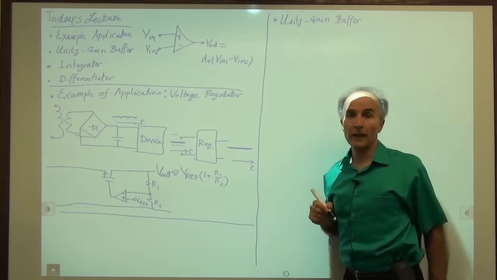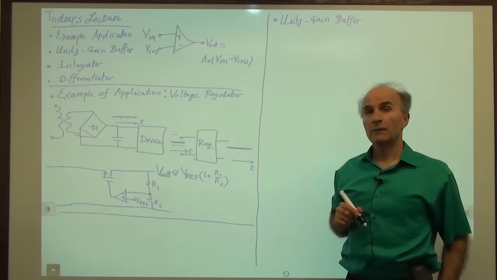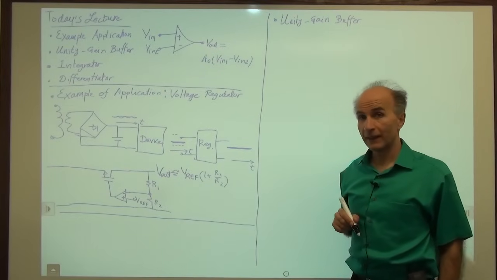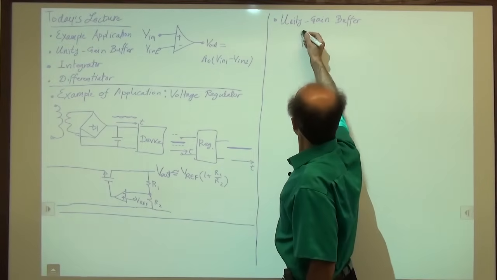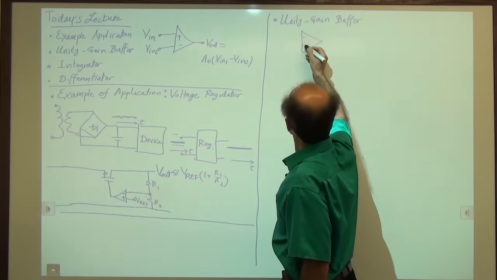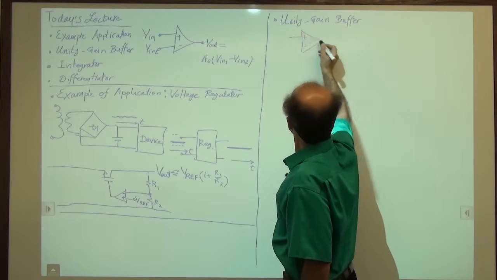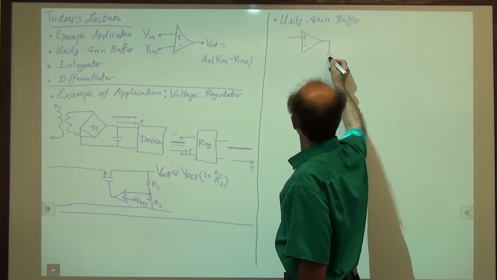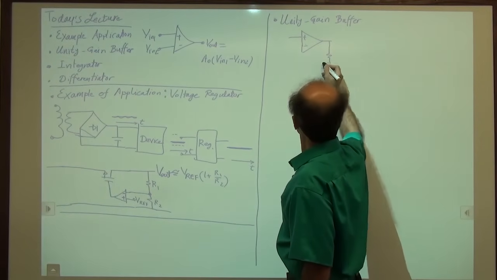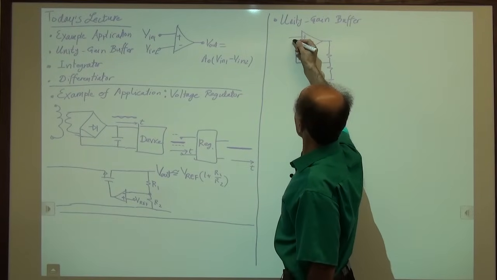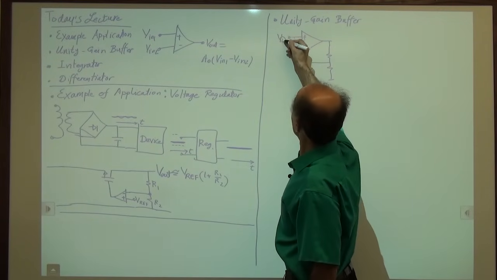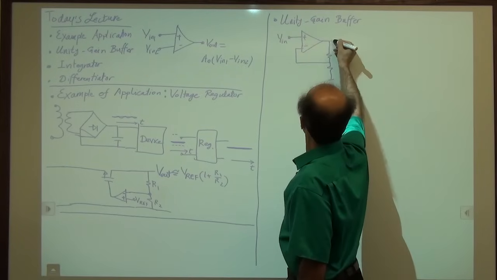Now, to build the circuit, I'm going to start with the first circuit we studied, namely the non-inverting amplifier. So let's take a non-inverting amplifier, and we said that we have two resistors here that provide the division and feedback signal, the signal back to here, Vin and Vout,